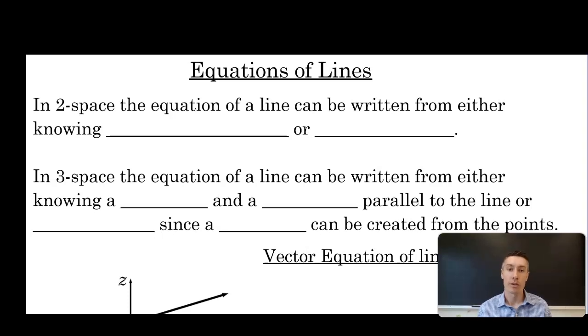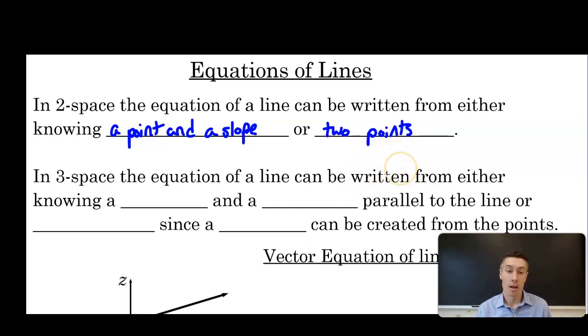In this video, we're going to learn how to write the equation of a line in 3 space. So thinking back to 2 dimensions to begin, in 2 space, the equation of a line can be written from either knowing a point and a slope, or 2 points. And from those 2 points, we could use the slope formula, and then we have a point